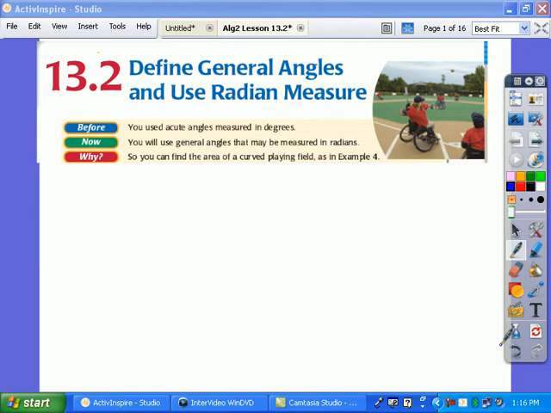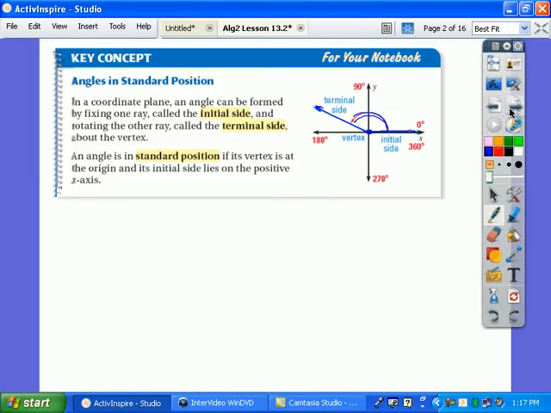The idea is we have two systems, for instance, to measure temperature, Celsius and Fahrenheit. And the same way we have two systems to measure angles: degrees, which we're all very familiar with, and radians, which I will show you today. Before we get there, though, we have to introduce our basic